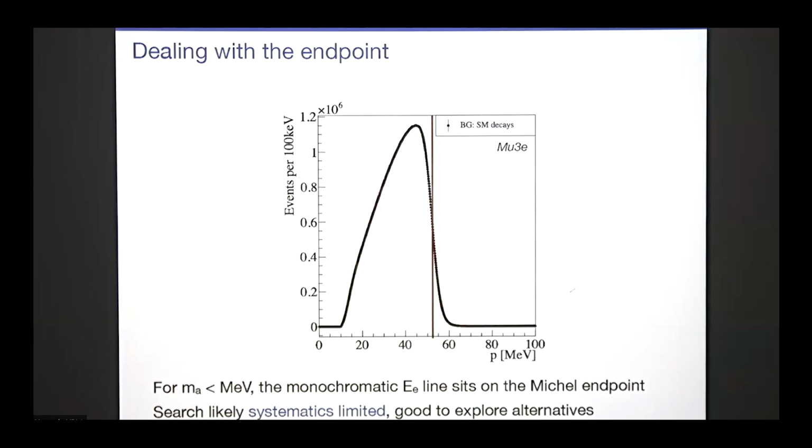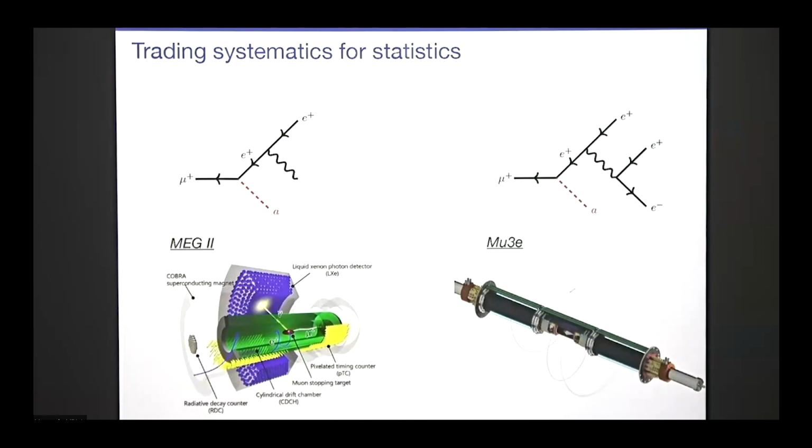So either you have to find an alternative way of calibrating the detector, or you can try to calibrate on the Michel spectrum and then use your simulation to extrapolate over here. This is potentially subject to systematics that will only be understood once the experiment is commissioned and tested. For that reason, we were interested in devising some alternative approaches to searching for a very light hidden sector particle of this type, should the systematics become problematic in this region of parameter space.